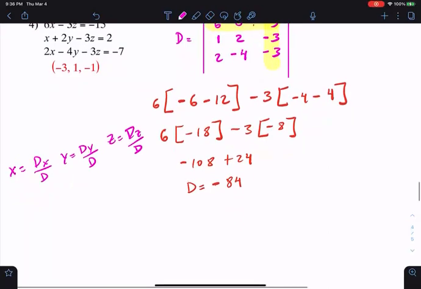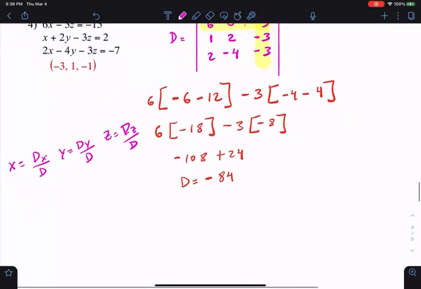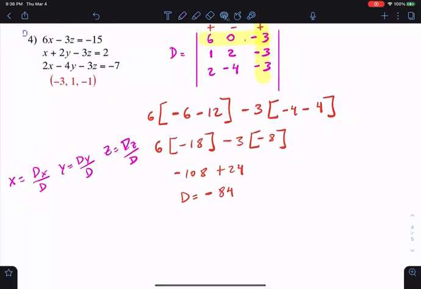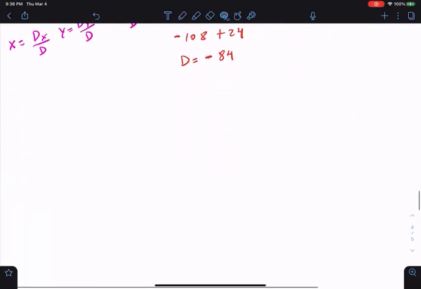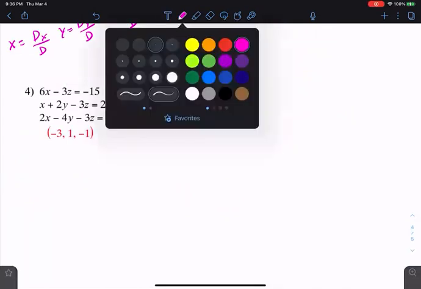Okay? So let's do that. Okay, let's find dx first. I'm gonna copy this because I might run out of space. So let's compute dx first. So dx